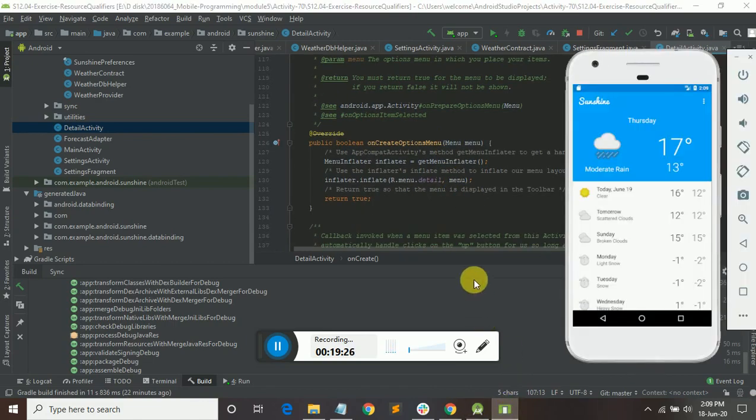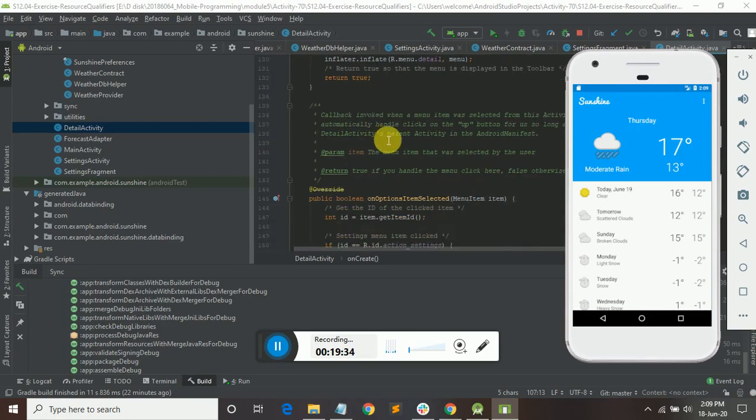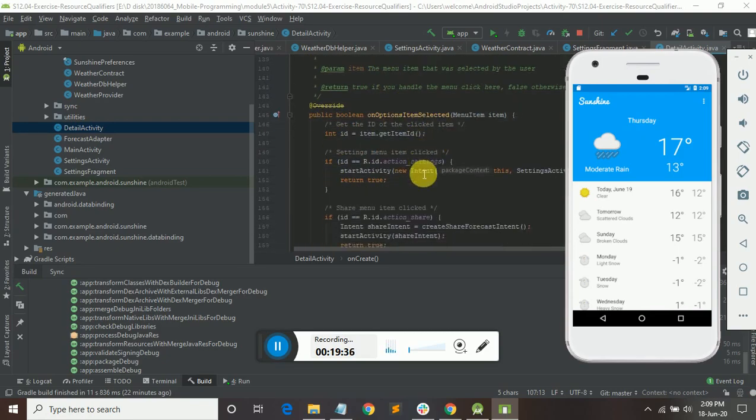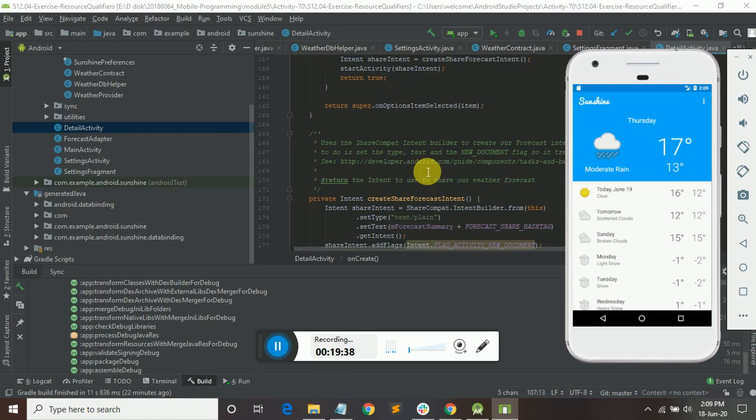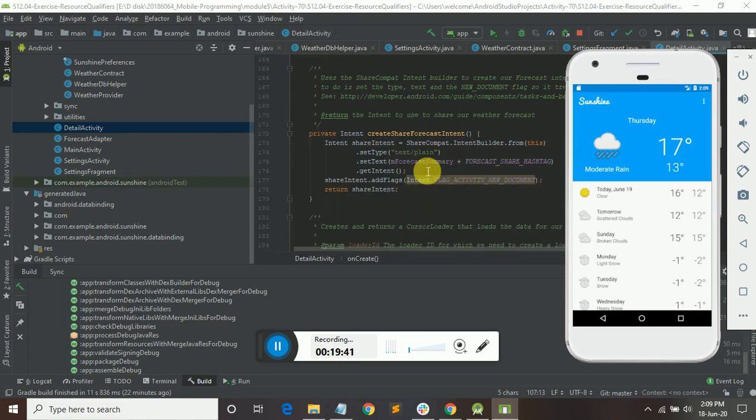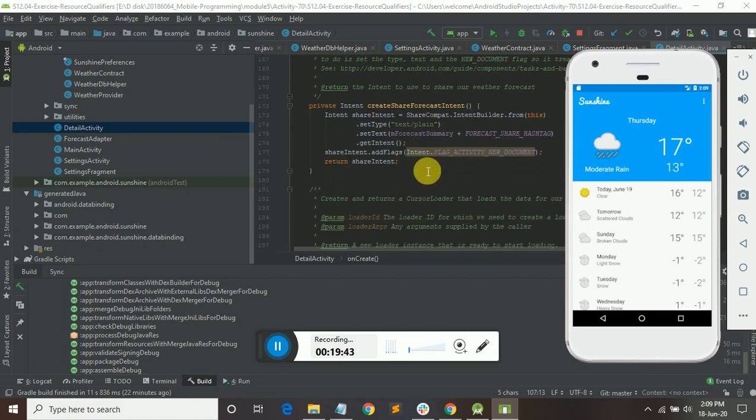And here this is a menu inflater, in the sense like what display items we need to get, that is shown. Here, for a single item. And create share forecast intent, this method is used for the purpose of setting the type of text.